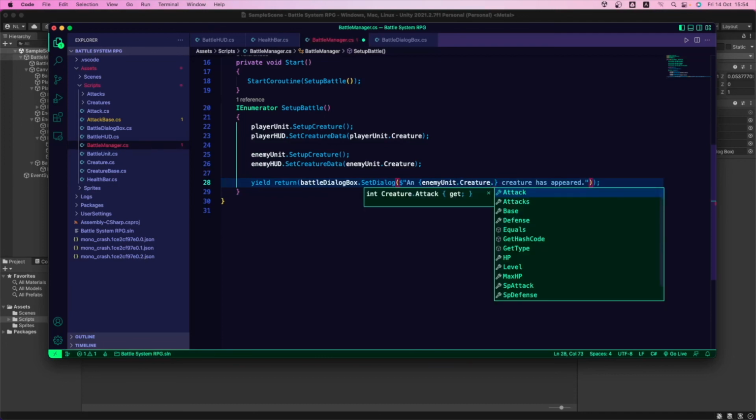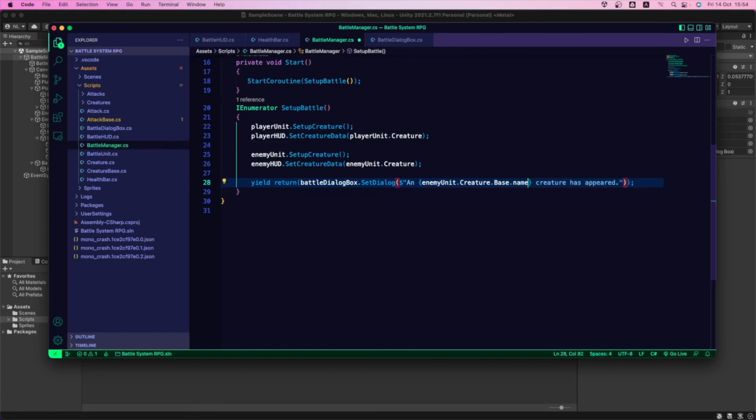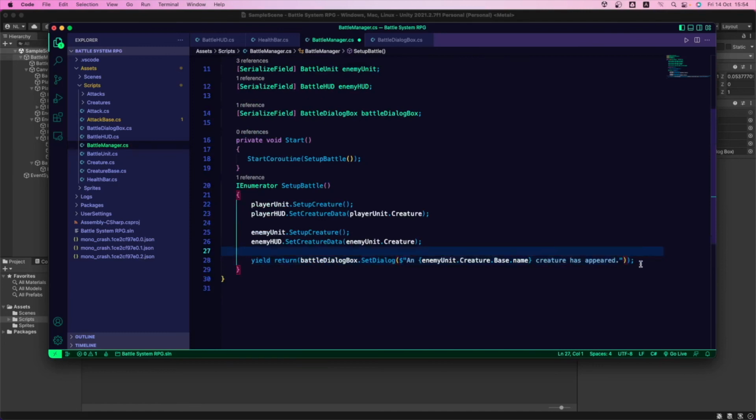Inside the creature it's the base, and inside the base we're getting the data of the name. And now we're gonna save that, and now we go back into Unity, and we should see the message with the name of the enemy we are encountering.